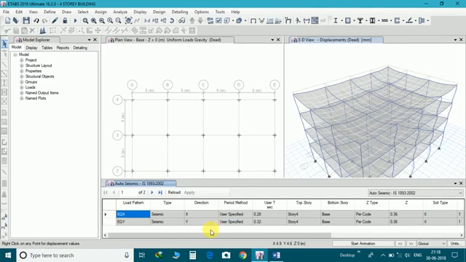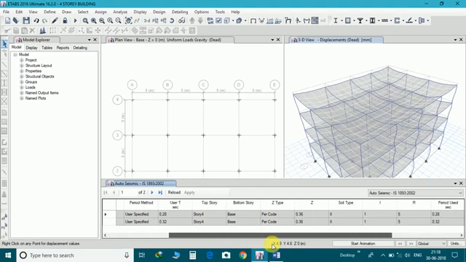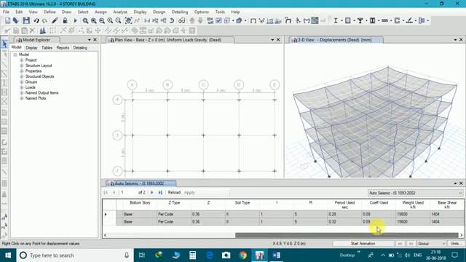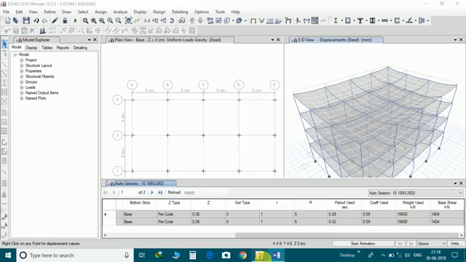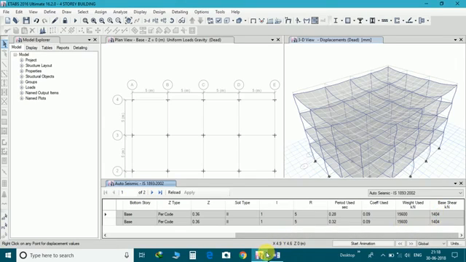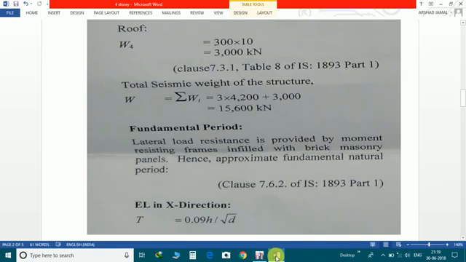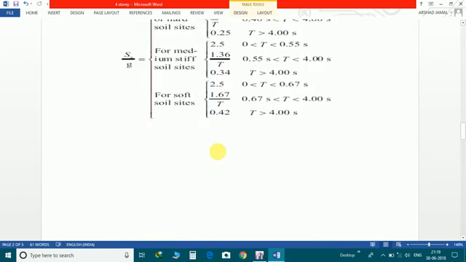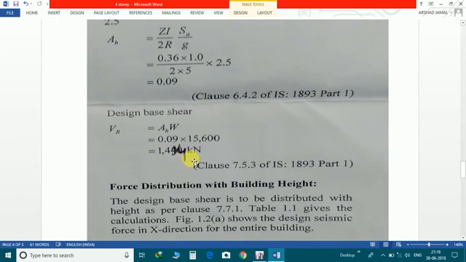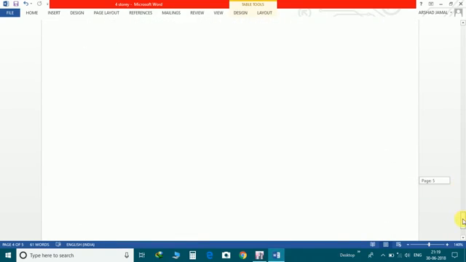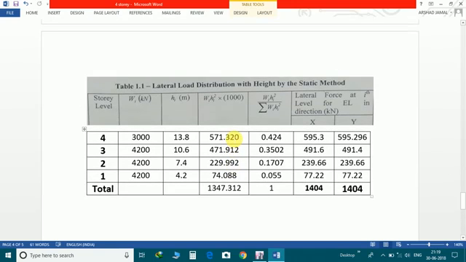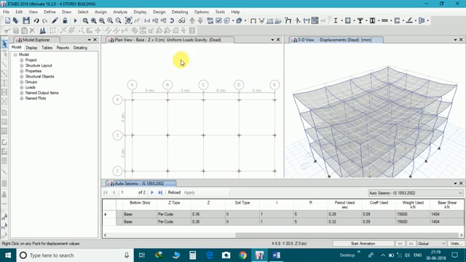Now we'll validate the result whether it is the same or not. Here the weight used is 15600 and base shear is 1404 along x and y direction. Both x and y direction are the same, 1404.